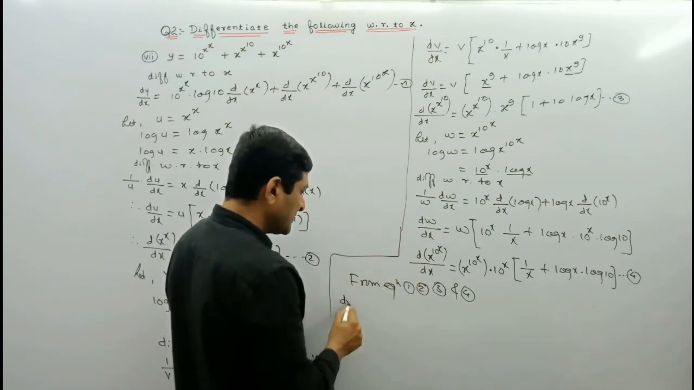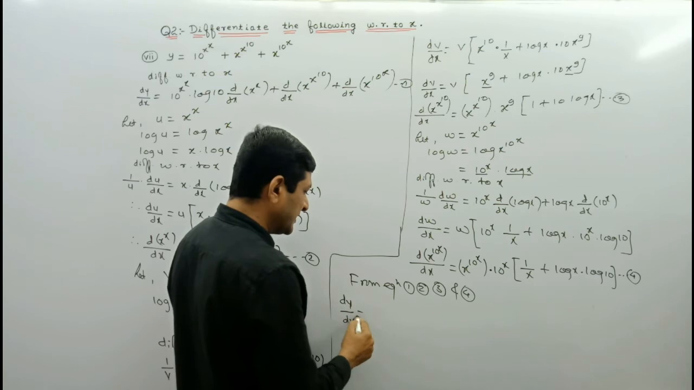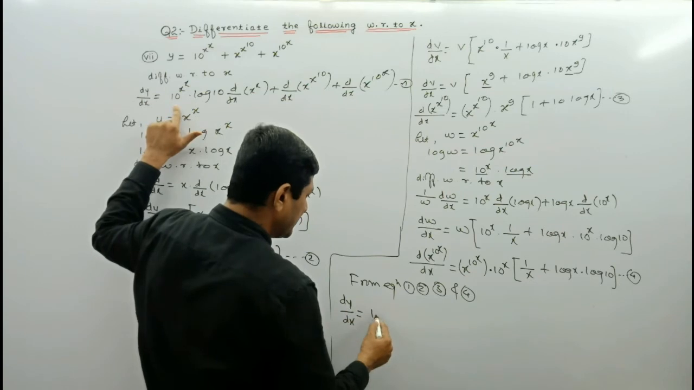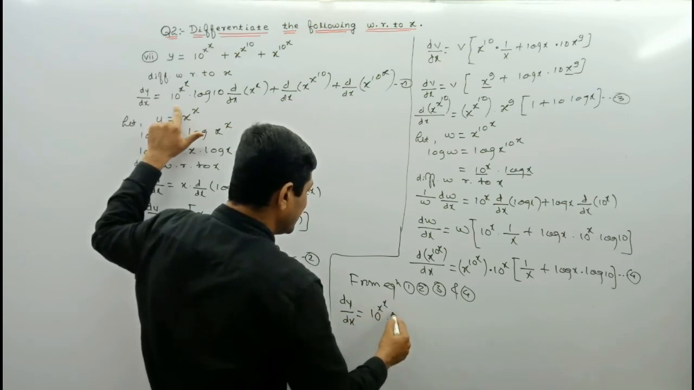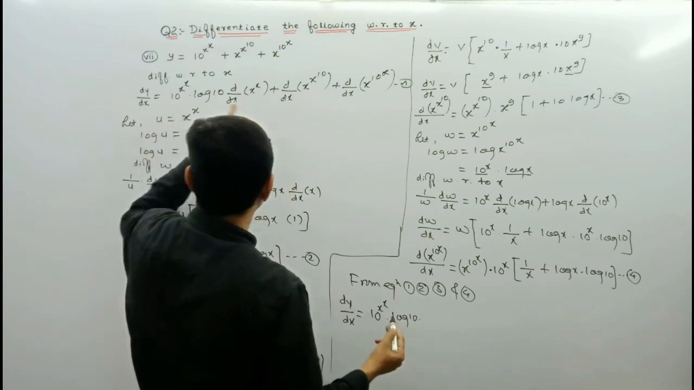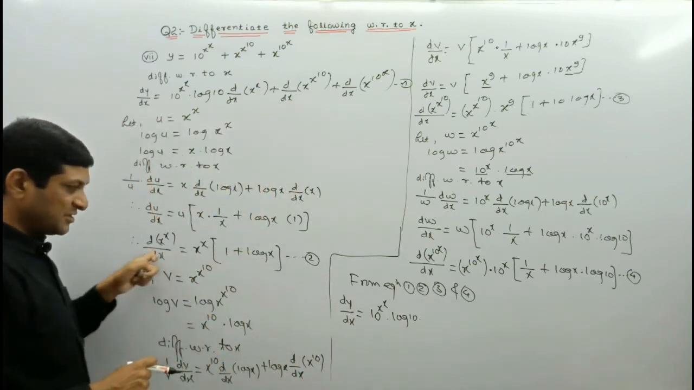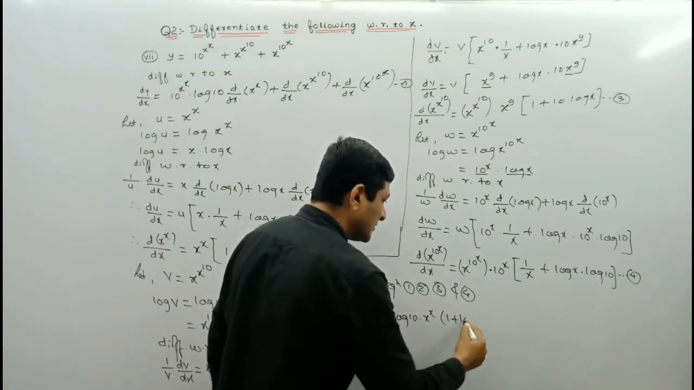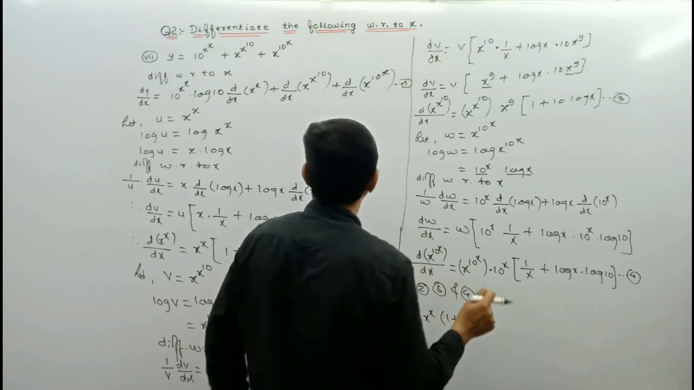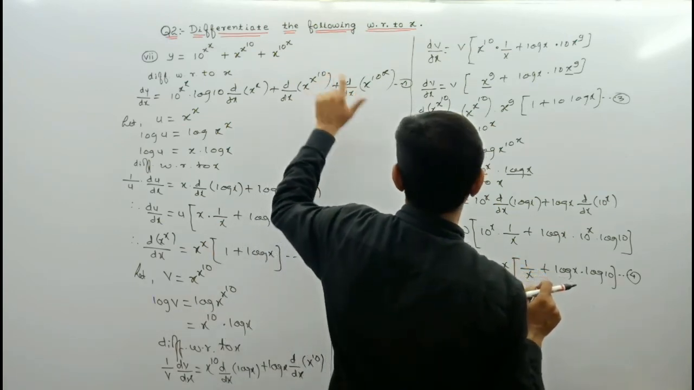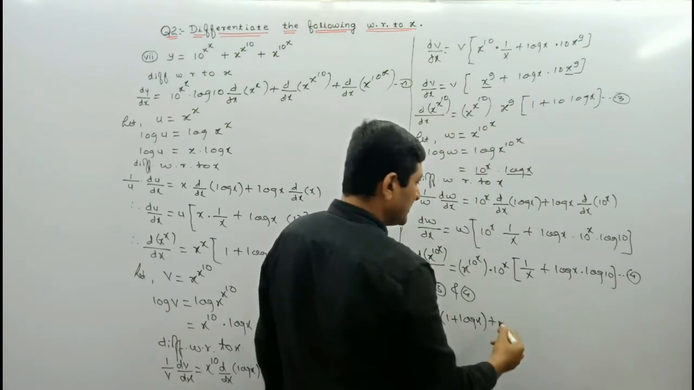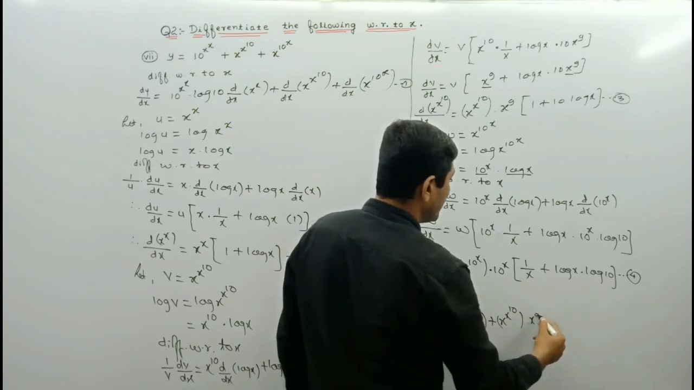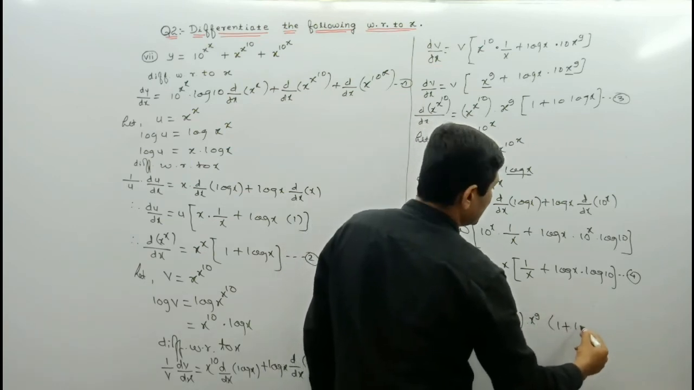So equation number first means dy by dx will be equals to, now here observe the equation number first, here 10 raised to power x raised to power x into log 10, keep it as it is, 10 raised to power x raised to power x into log 10. Now we are substituting the value of derivative of x raised to power x from equation number first, which is nothing but x raised to power x into 1 plus log x, plus keep it as it is. Now we are substituting the value of x raised to power 10 from equation number third. Its value is equal to x raised to power 10 into x raised to power 9 into 1 plus 10